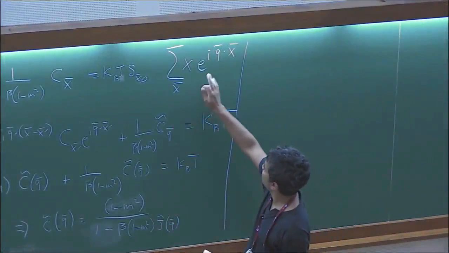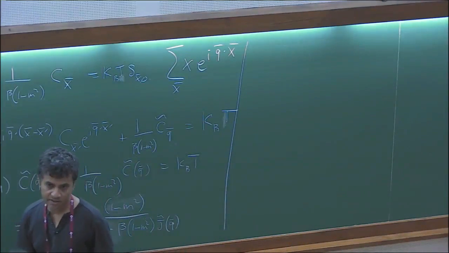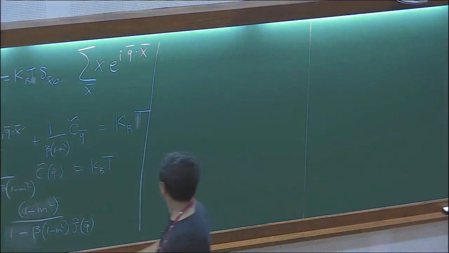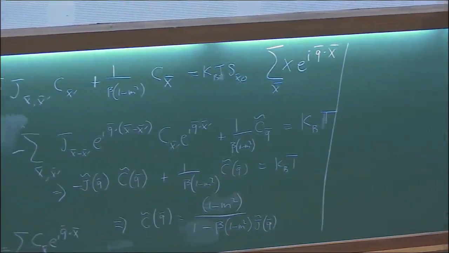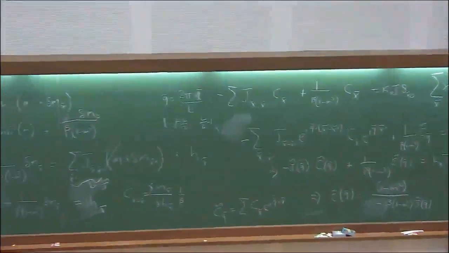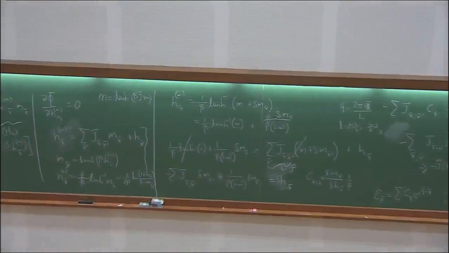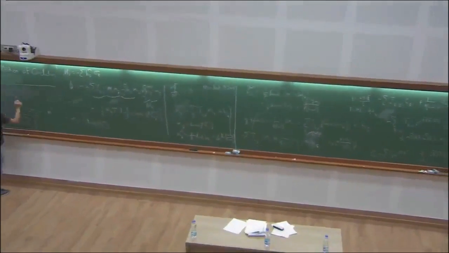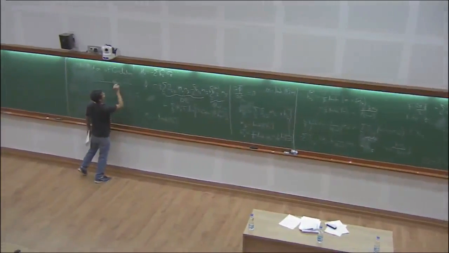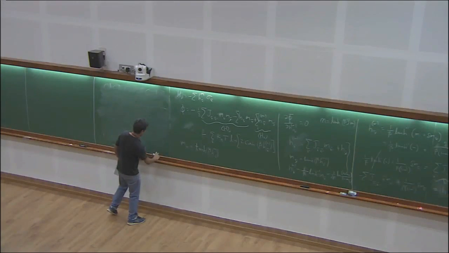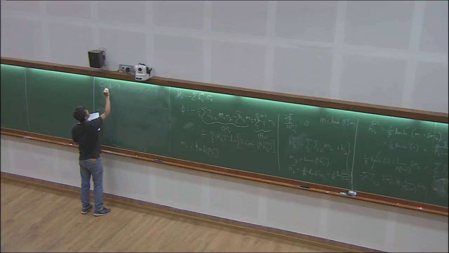Okay, so now we have C tilde and we can get C of x by just inverting this. Right, so is this visible or no? Yeah? It's okay, no? Okay, so C of x bar is therefore equal to,